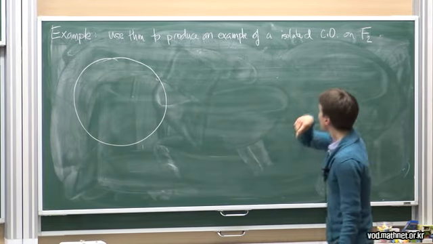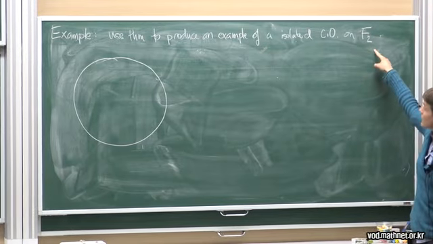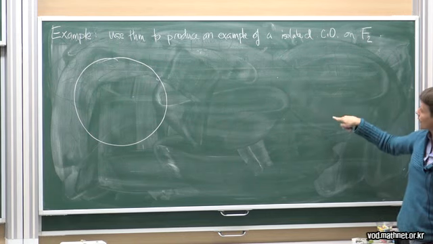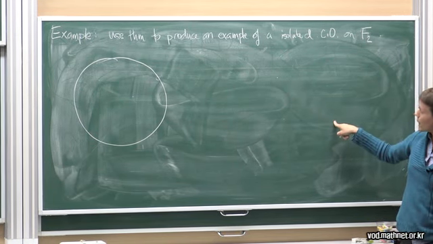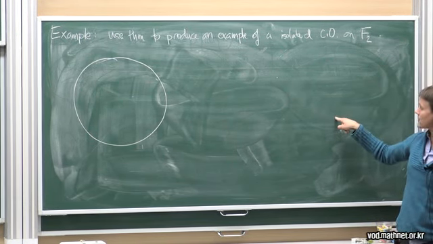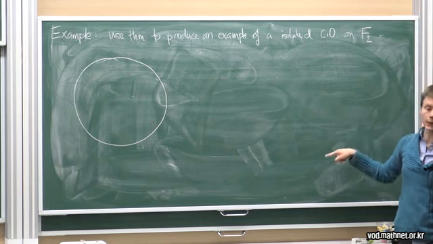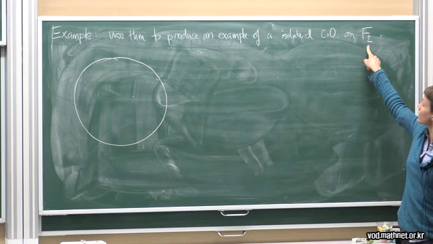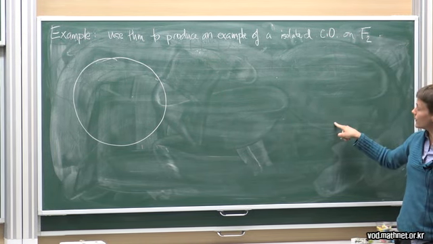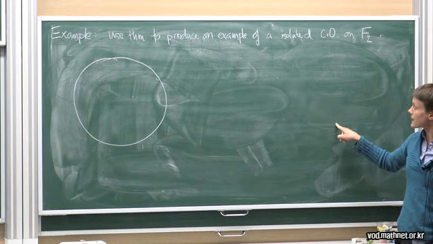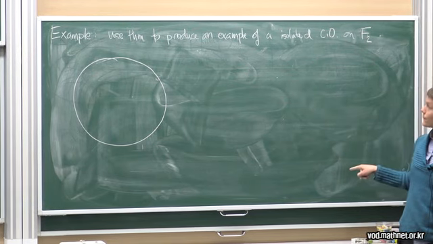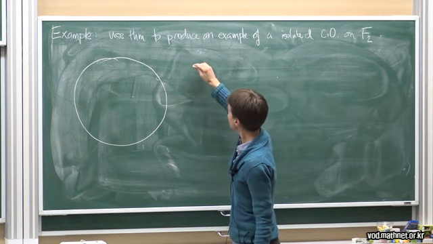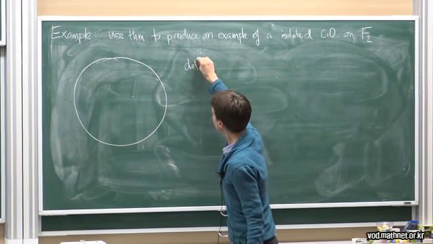And so one way I can specify a circular order on a group, remember, I just erased it. There was this construction where if I have a group acting on the circle and I have a point with trivial stabilizer, I can just look at its orbit and look at the order of points there. So to produce an isolated circular order on the free group, I actually just have to produce an action and a point with trivial stabilizer. Okay, so I'm going to produce this example via defining